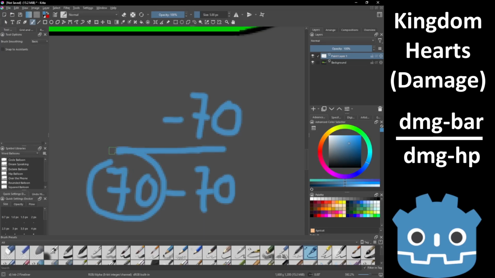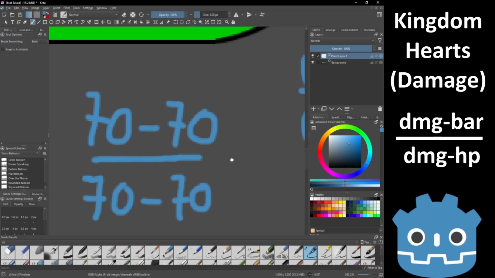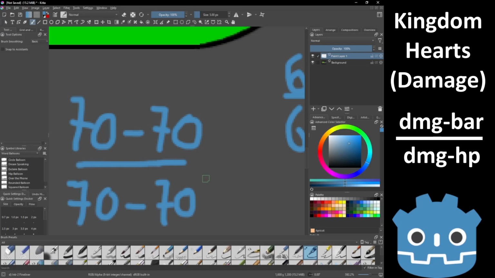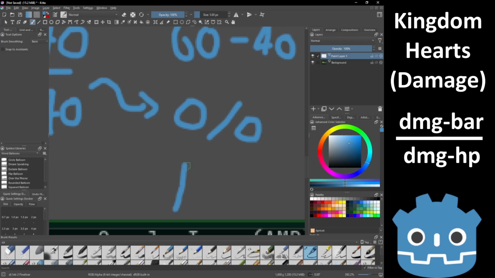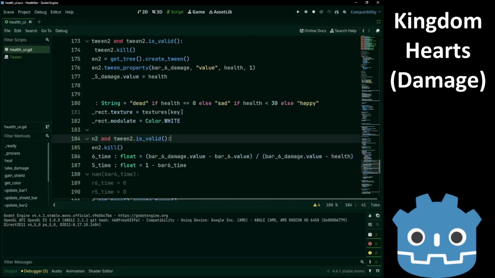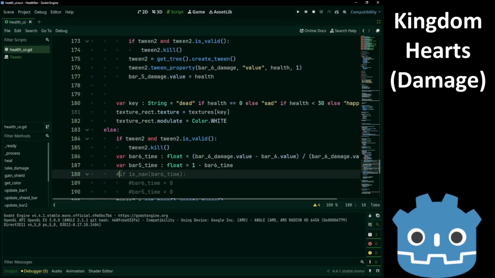And this is the value of the damage indicator, which also goes up here. So this is also 70. That will give us 0 divided by 0, which is not a number. So we have to check down here. If it is none, then set both times to 0.